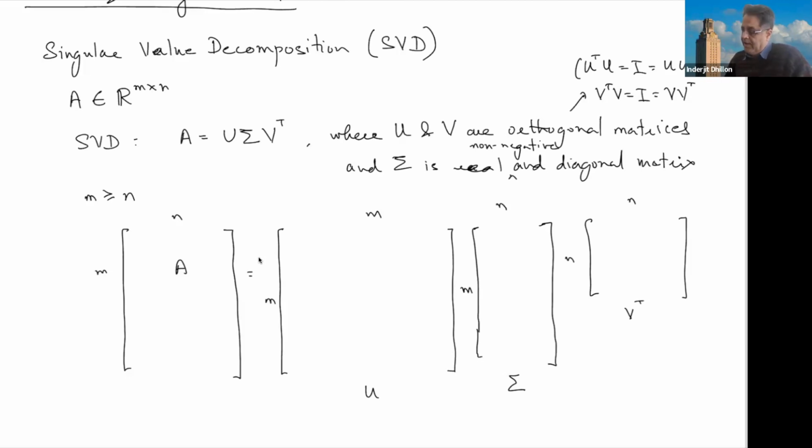I can think about U as having the columns U1, U2, up till UN, and let me just make a distinction that there is UN plus 1 to UM. Each of the Ui belongs to R^M. And then the singular values are,